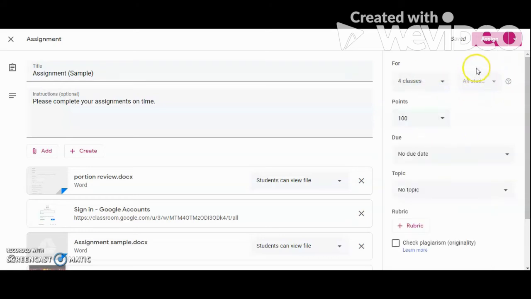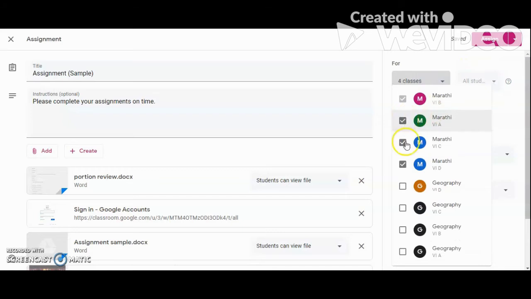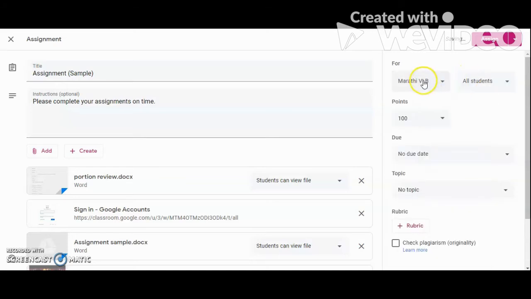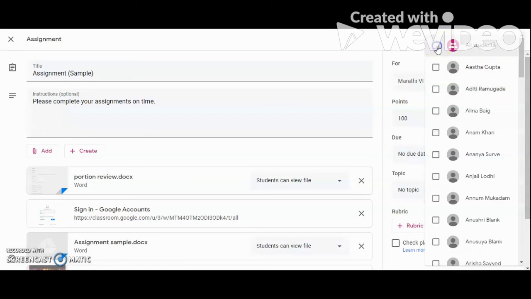That will be only applicable, will be only highlighted if I have more than one class. Like since I have just Marathi 6th, only one class, now I will be able to view this. It was on previously, all the students were selected.